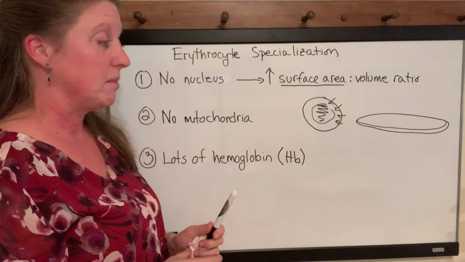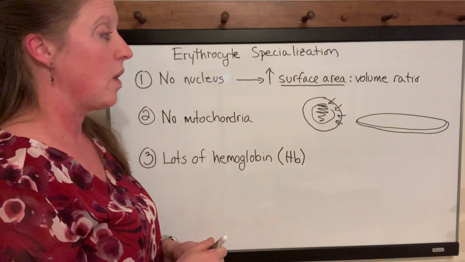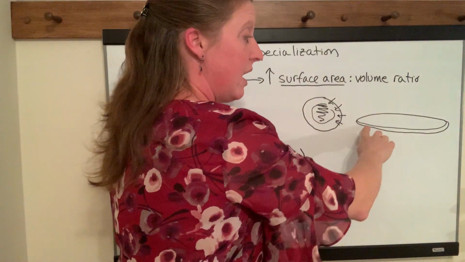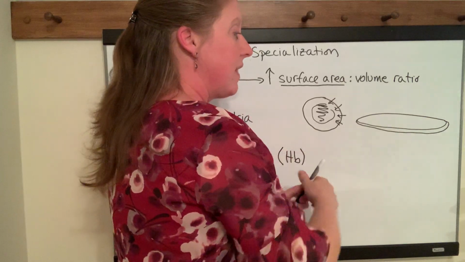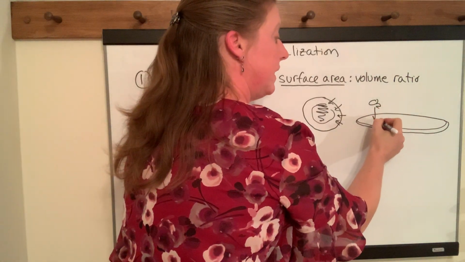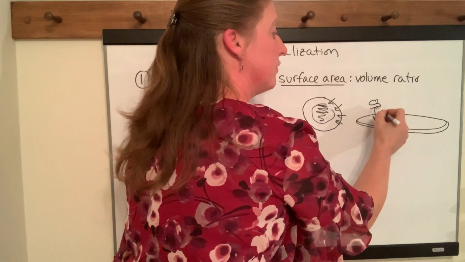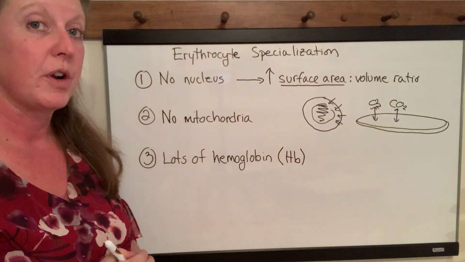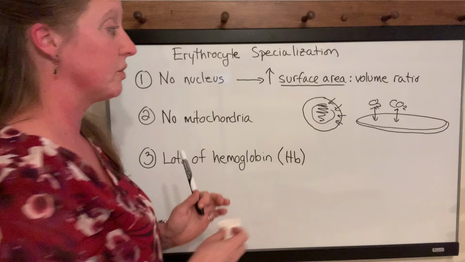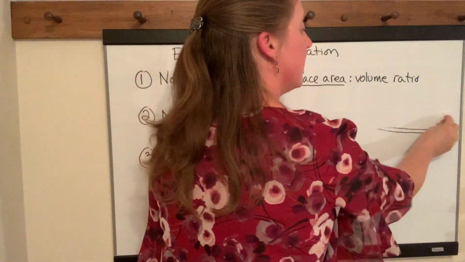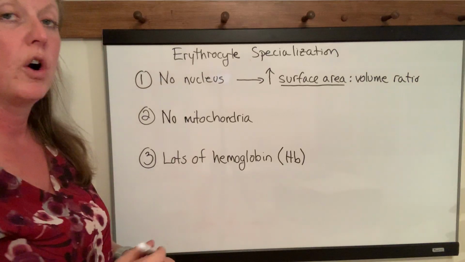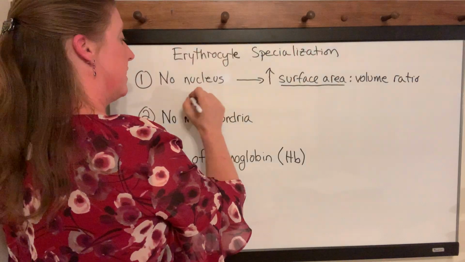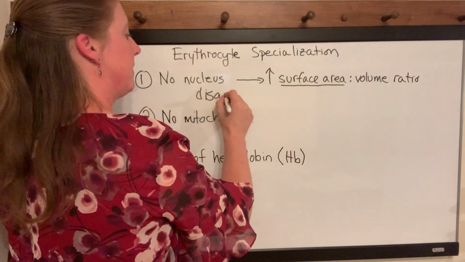So you can kind of think of red blood cells the same way. Red blood cells, because they've lost their nucleus, which would make them spherical, are now flat like the pizza dough, and that means that oxygen and carbon dioxide can move freely into and out of the cell and do so very quickly. All right, so the reason for no nucleus is to increase the surface area to volume ratio. The disadvantage of having no nucleus is that, let's call this disadvantage,